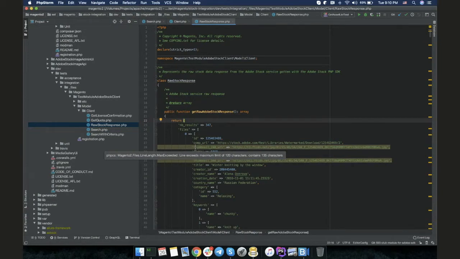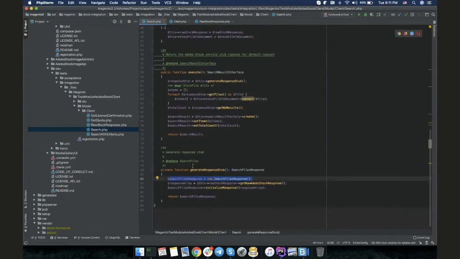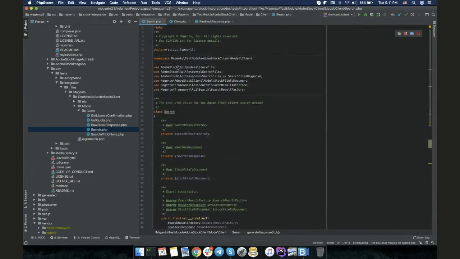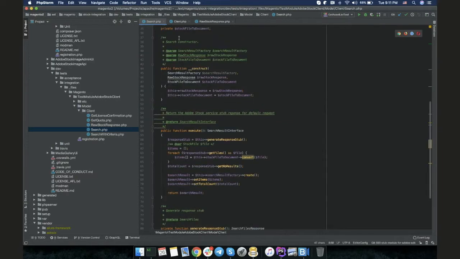No, I mean the integration test that is supposed to test the client, for example, that it will call the search method of the Adobe Stock client. Right? I got it, yes. So to emulate the call to the Adobe Stock service, the user should do next. Include in a constructor, maybe, this class, Adobe Stock client model client search, and call the method execute. Just because I did next,